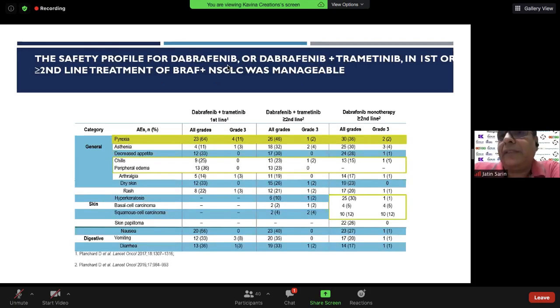So these are the rates of various grades of side effects, and one, as rightly said, is pyrexia. So when you see patients, or when you plan to switch on BRAF inhibitors, you must tell them that there are high chances of getting a fever, but they shouldn't worry about the fever. It is manageable, because the patient tends to stop the treatment when